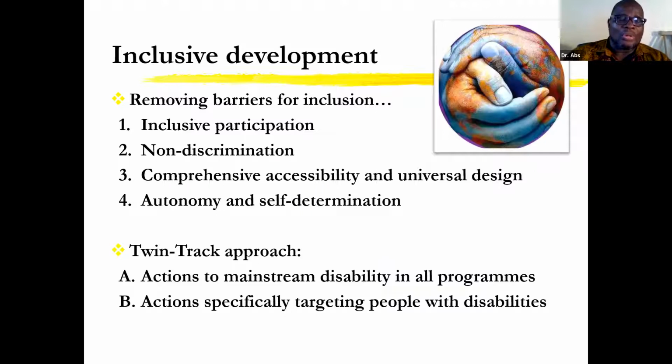So how do we remove some of these barriers, and what are the strategies in terms of inclusive development? Well, one of the things that we need is inclusive participation. I mentioned earlier the Sustainable Development Goals talk about leaving no one behind. In the past, we have had a mantra that says, nothing for us without us. You have to get us included. And I have to say, this was really encouraging when the medium-term development plan by the government of Sierra Leone was being developed.